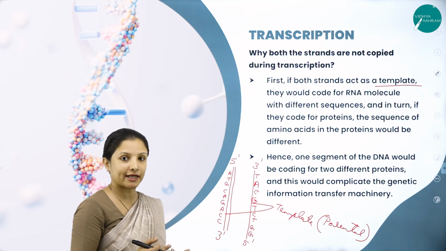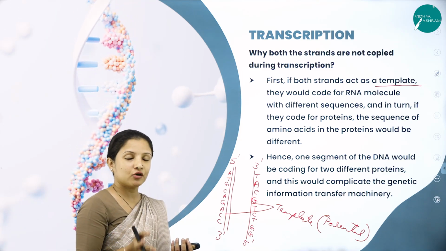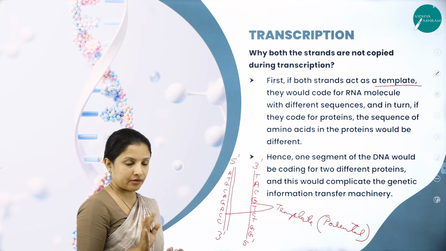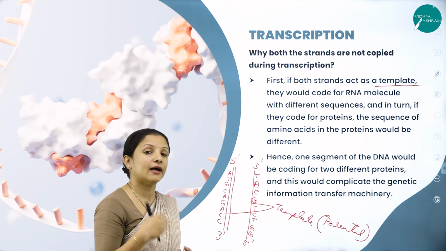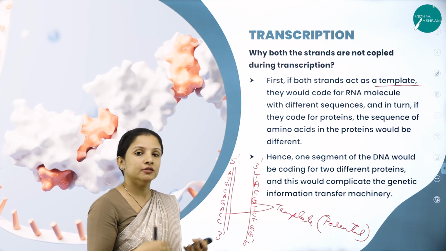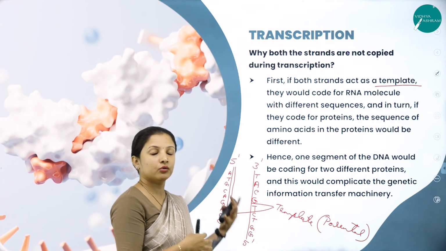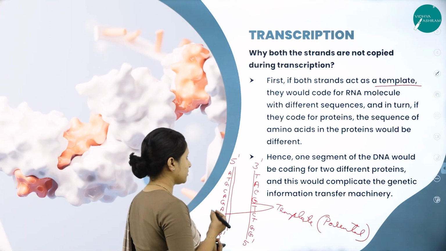So here, the complementary mRNA strand for this, will it be T? No, it will be uracil. Why will it be uracil? Because RNA does not have thymine. They have uracil. We have studied about that, right? That is why RNA is not that stable when compared to DNA. If you have a doubt regarding that, you can look at the previous sessions of this chapter.